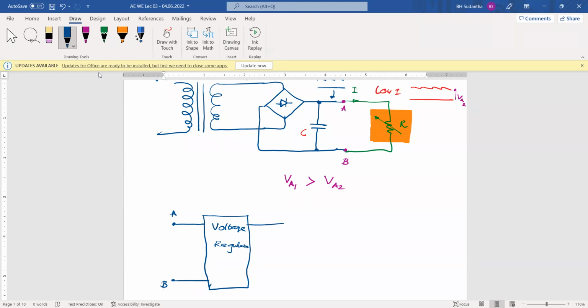Then after that, you can connect your load circuit here. This is your load circuit, and this is your load. Load may be a variable resistor inside, we can consider like that. Then here, now what about the voltage regulator output? Then at points C and D, here,